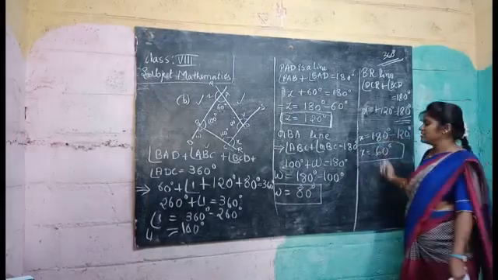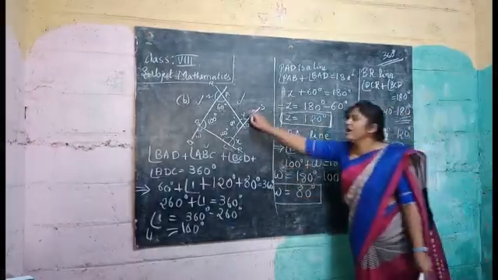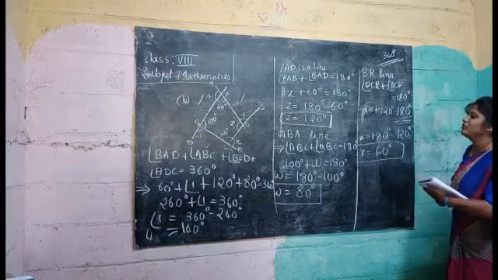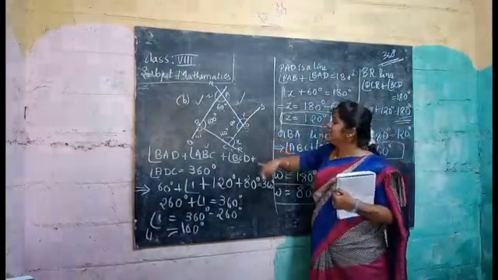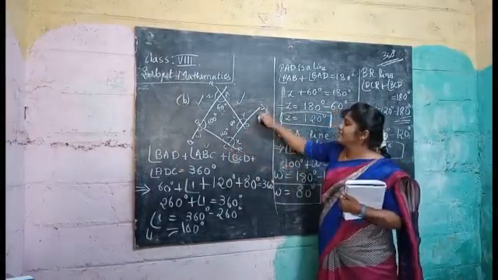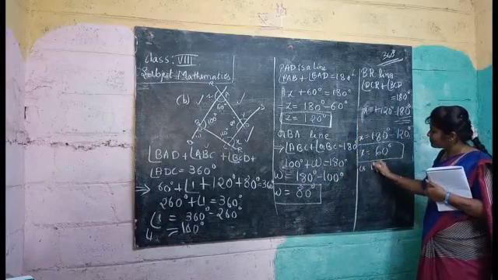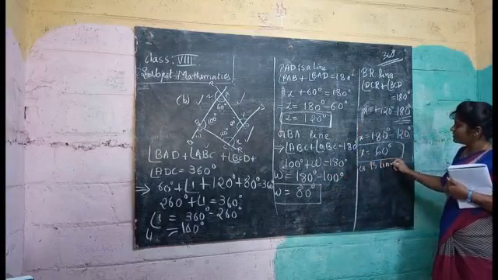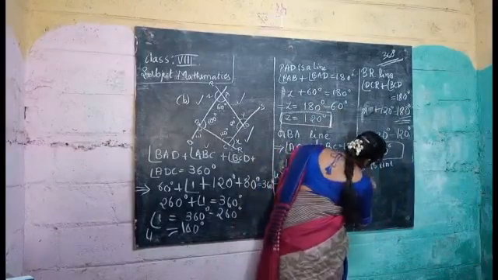We got one more number now. What did we get? X we got. W we got. Z we got. What is remaining now? Y is remaining now. We have to find the Y value. Which line we have to take now? CS. This line is remaining. CS I am taking now. CS is a line. Okay.